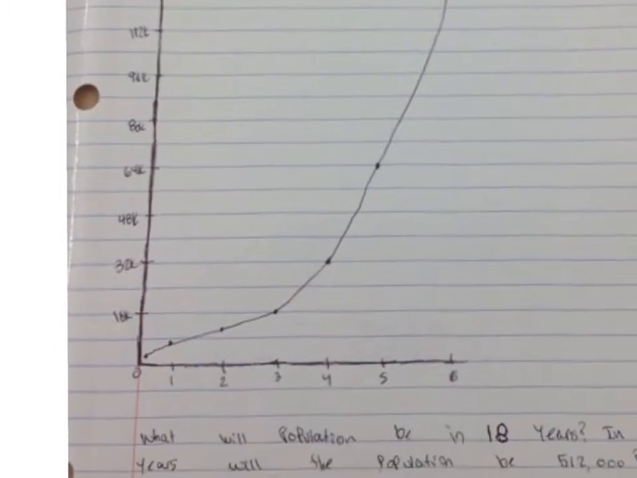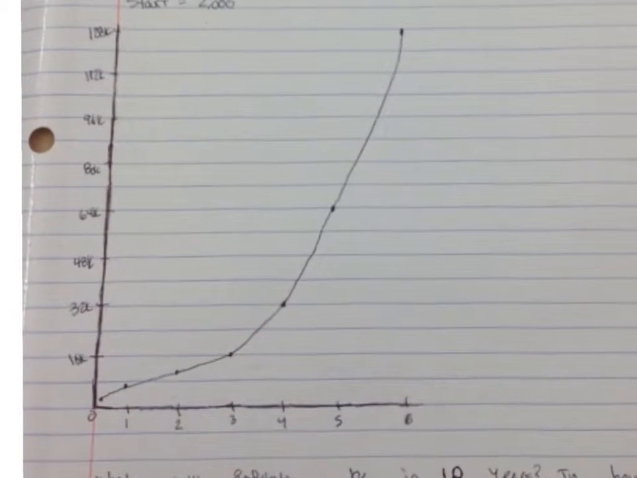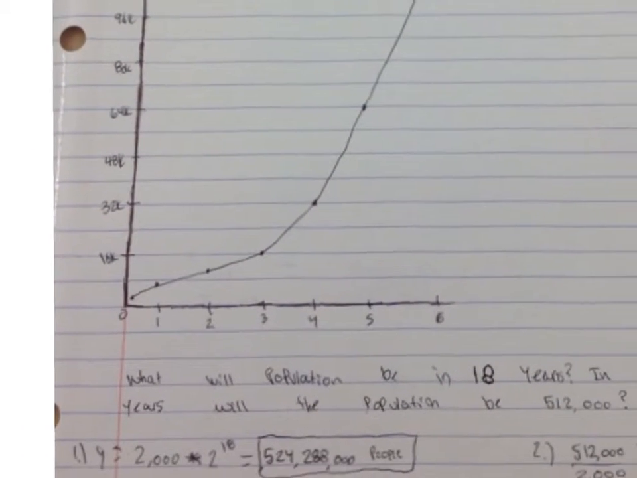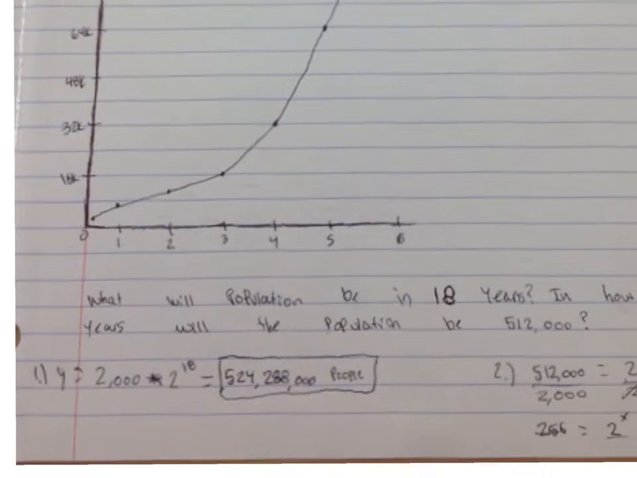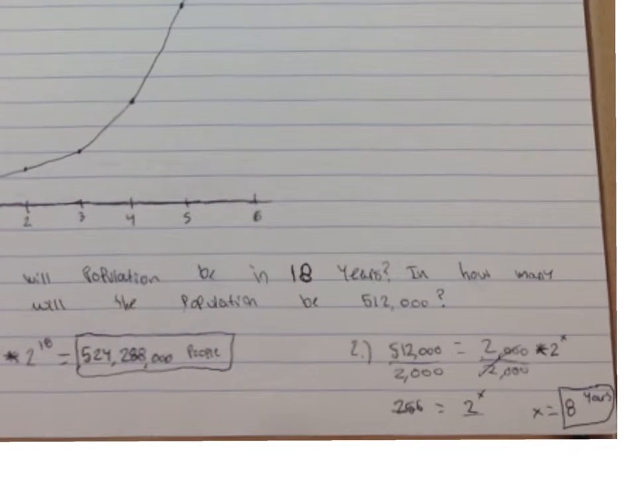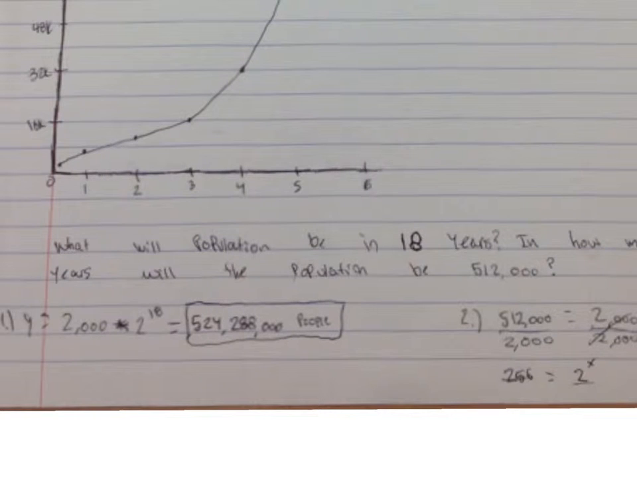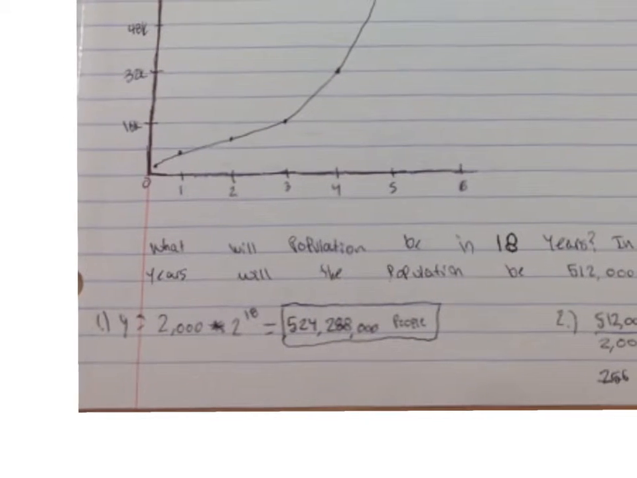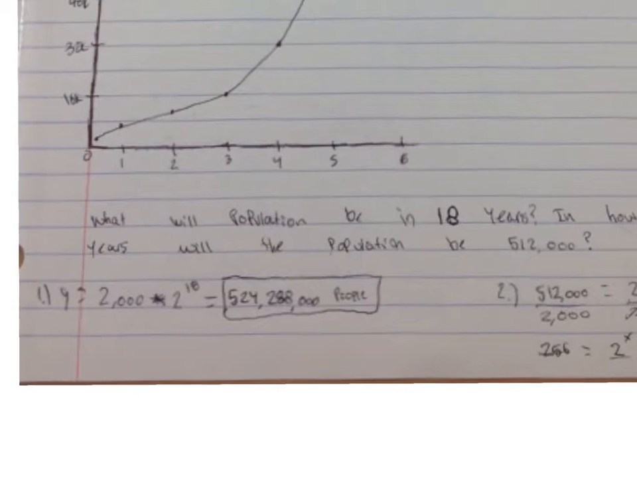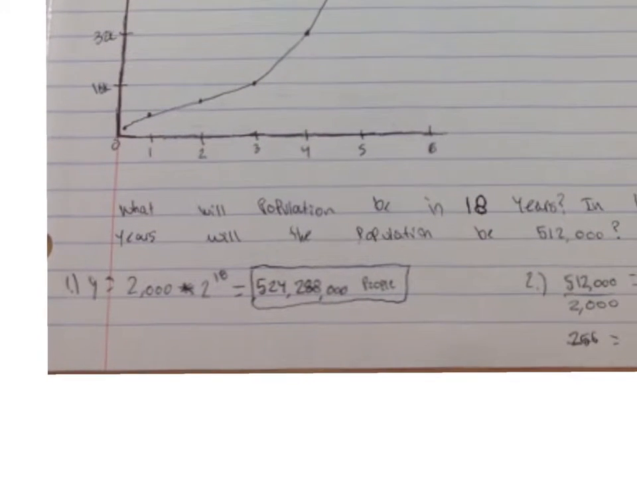In my graph, you can see it's exponential because it gets bigger and bigger each time. It is not linear because it's not straight. My problem is, what will the population be in 18 years, and how many years until the population is 512,000? For number 1, I plugged in 18 for x and did 2,000 times 2 to the 18th